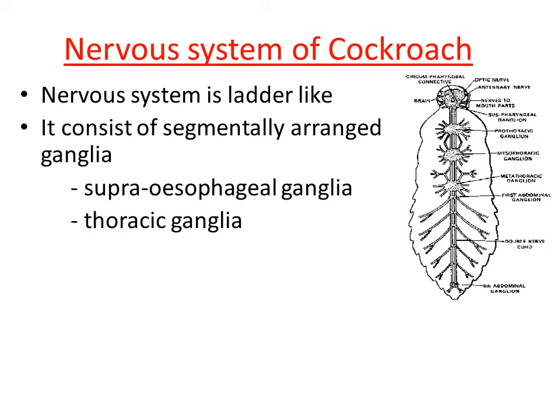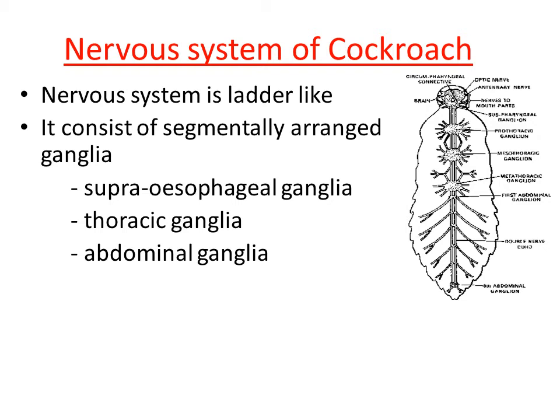And in the abdomen region also, that means in the belly region, some ganglia are present. They are named abdominal ganglia. There are nearly 6 abdominal ganglia located. If we look at the nervous system, we can find this particular system on the ventral side of the cockroach. That means towards the belly side we can find the nervous system.